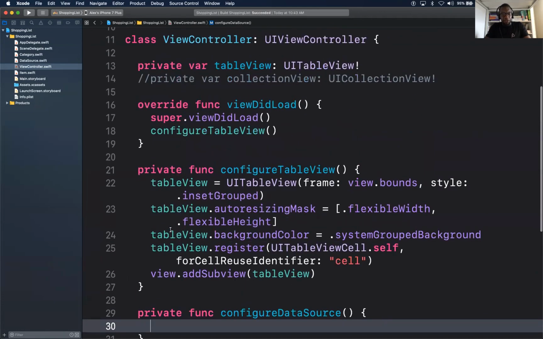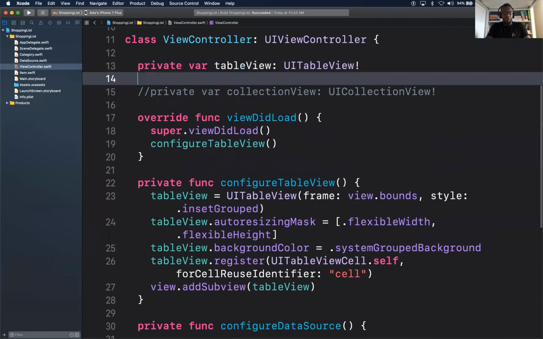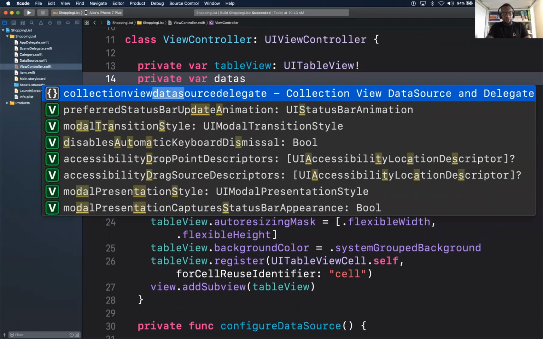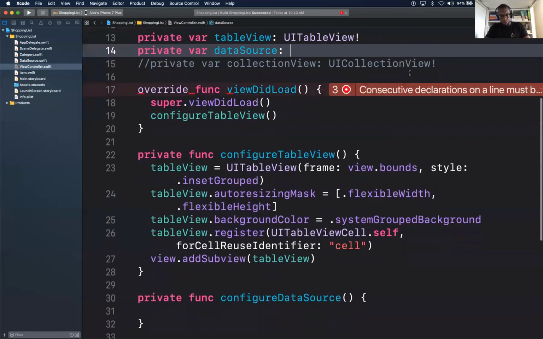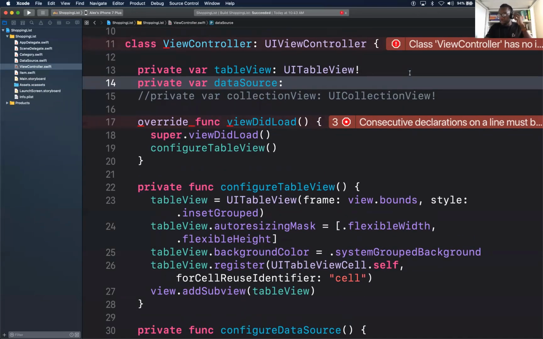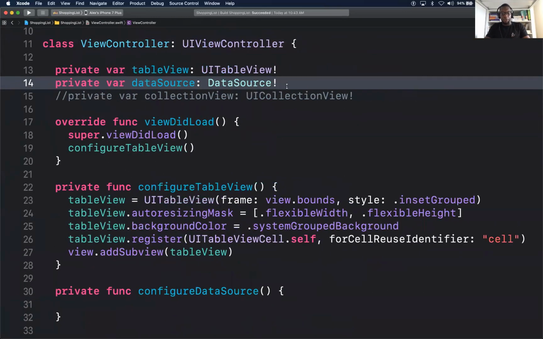All right, so we have our data source now. We don't have it yet. Let's create an instance variable for our data source. What type is our data source going to be? The class that we made, data source. Very good. Internally, it looks like the definition we have. I'm not going to type it out here for now. That's okay. But very good. So the class that we made, that subclass is the subclass.